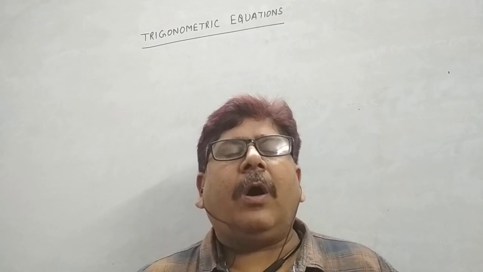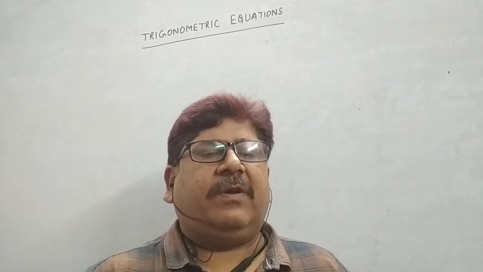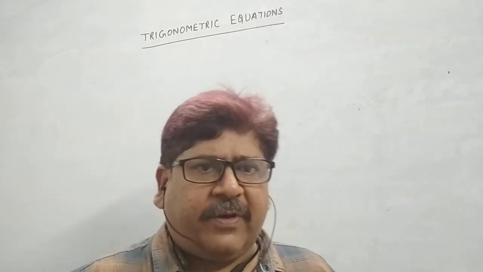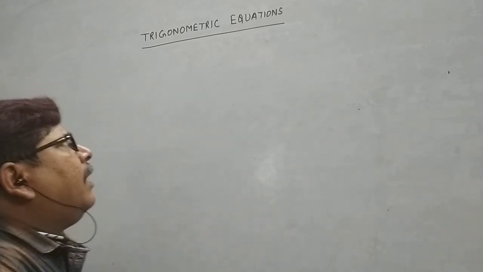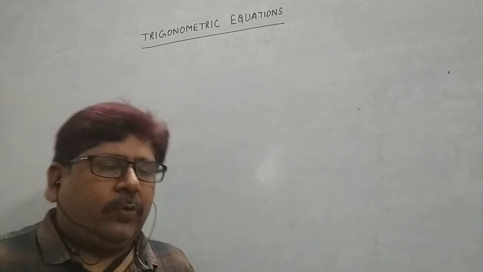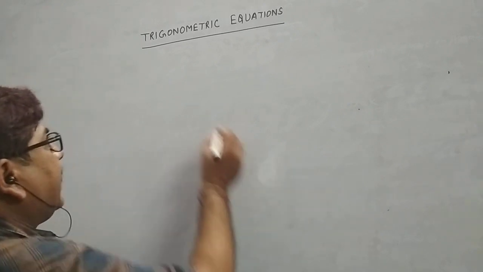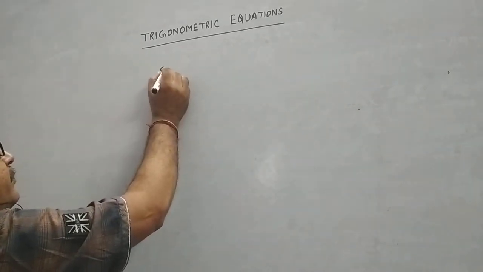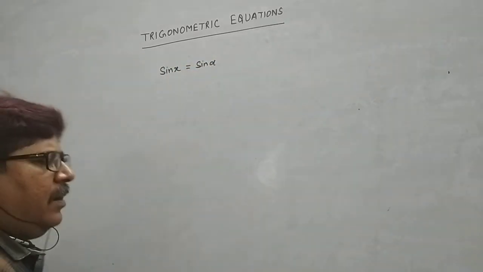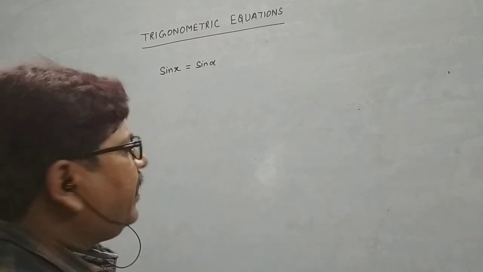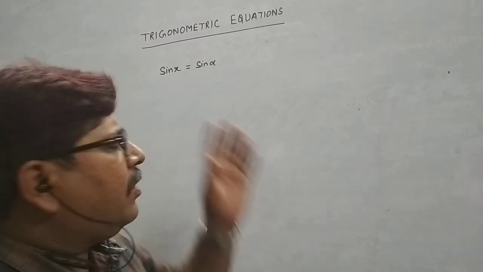So, how do we remember all those infinite number of angles for which the value of sin x is 1 by 2 or some other trigonometric function? For that general result, general formula, we study the chapter trigonometric equations. First of all, we derive the result for sin x. Suppose we take sin x is equal to sin alpha, and we have to define what is the general value of x for which this result holds.